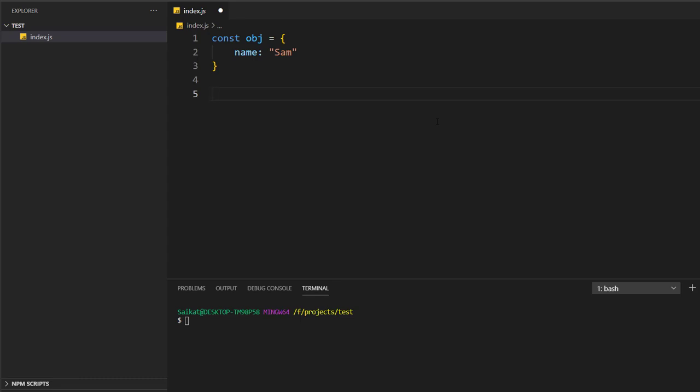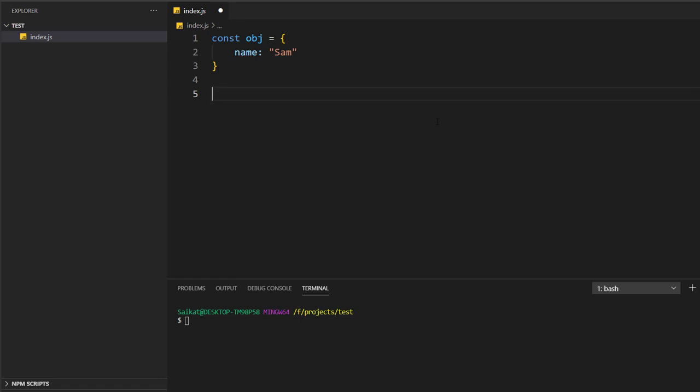There might be situations where you have an object which is created by some other developers, or maybe it's from a third-party plugin, and you might need to get some values from that object.